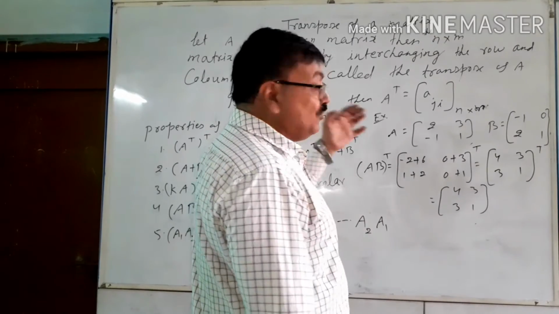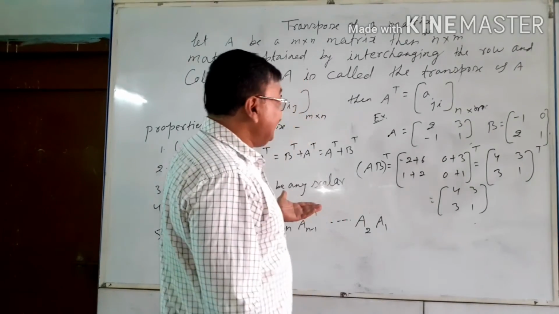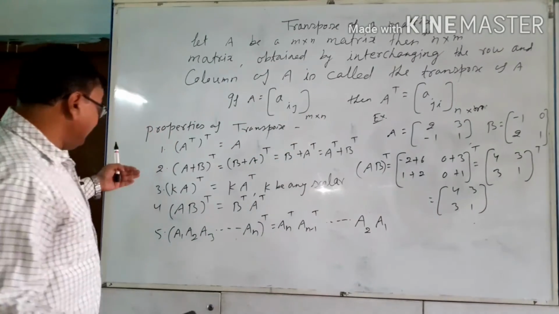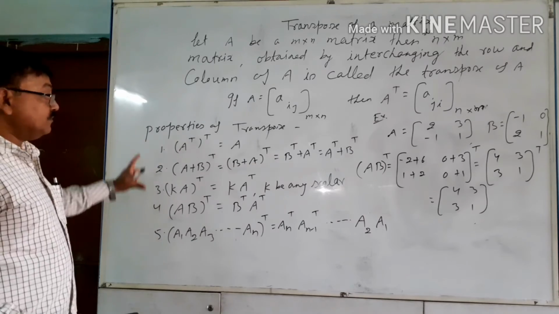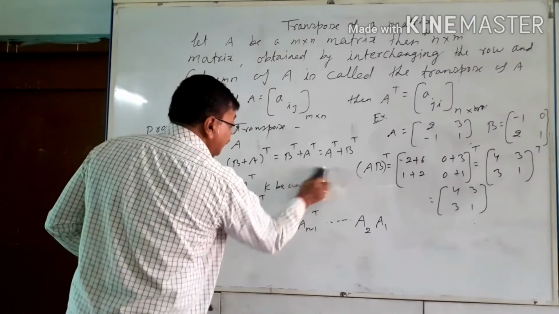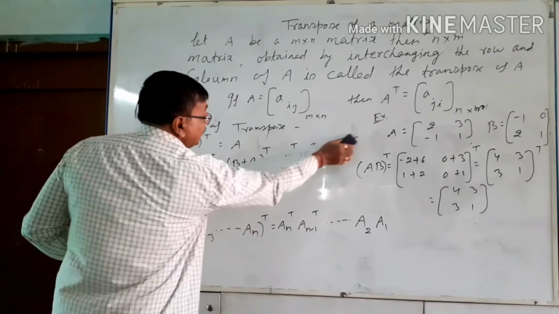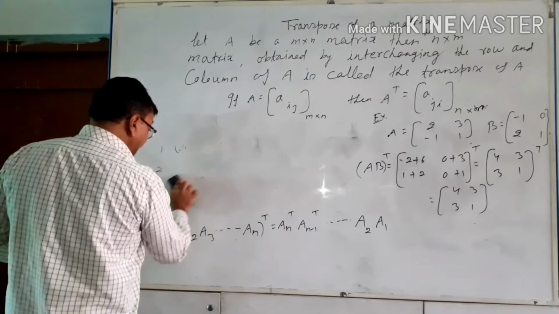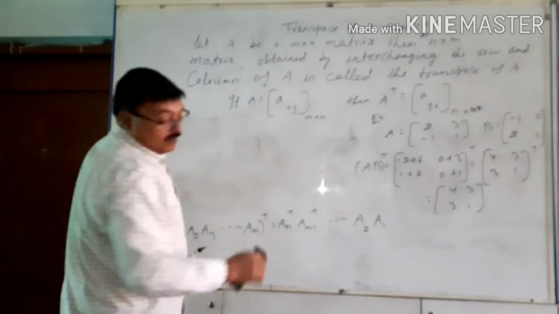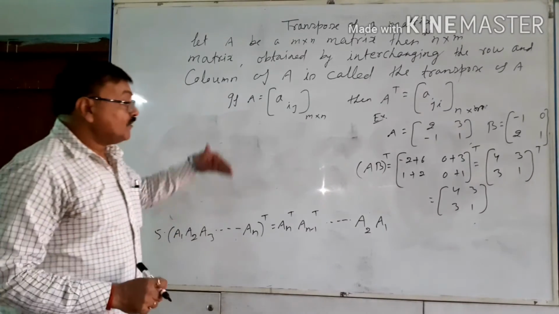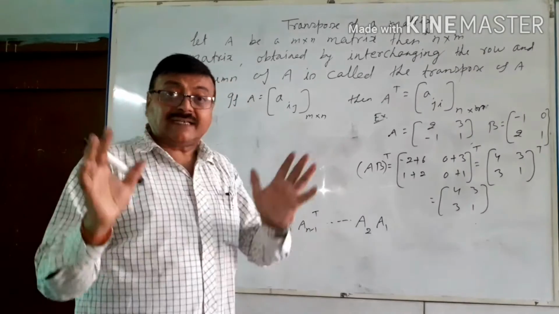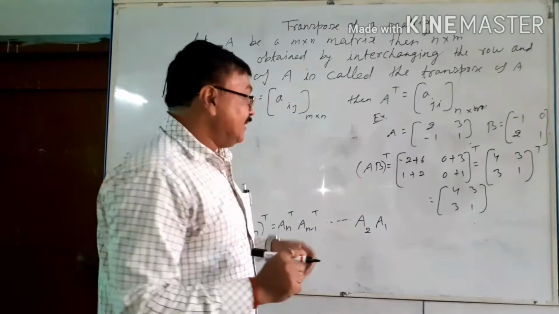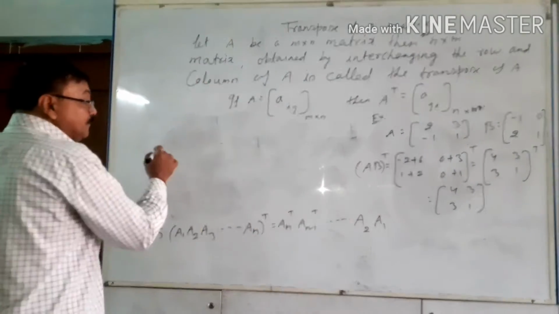Now B transpose into A transpose. Just multiply B transpose into A transpose. Here I have dealt with properties up to 4. I am going to omit that, and just explain the fourth property to you. I hope you will take a screenshot of all these. First of all, directly take the screenshot and then you can write it. Okay.